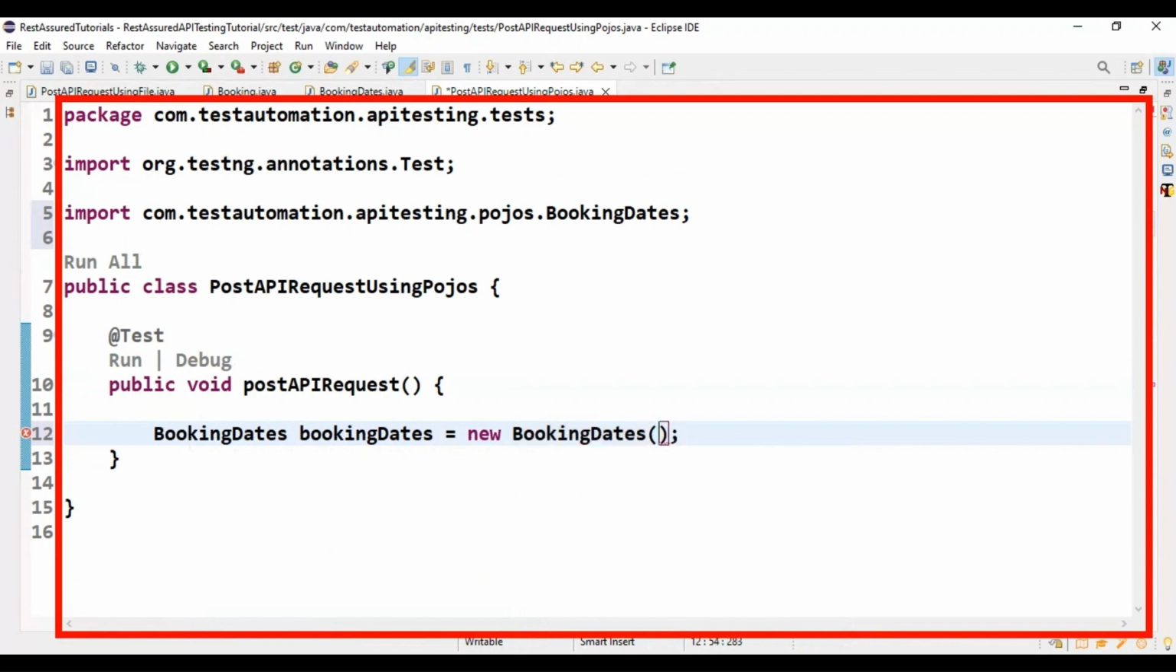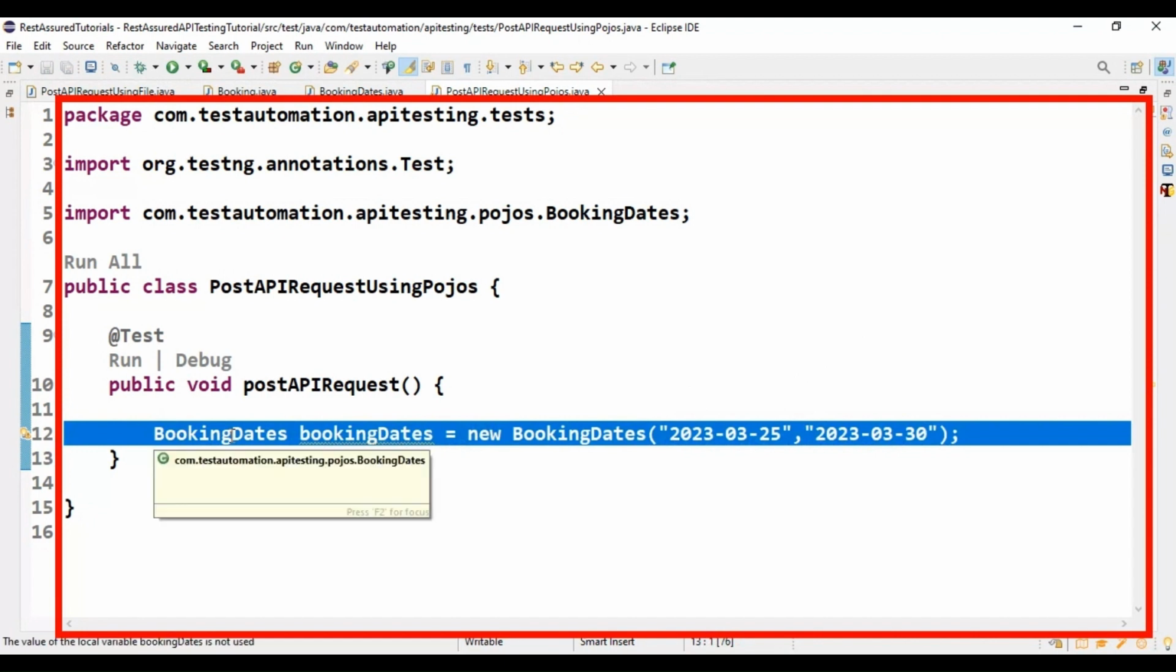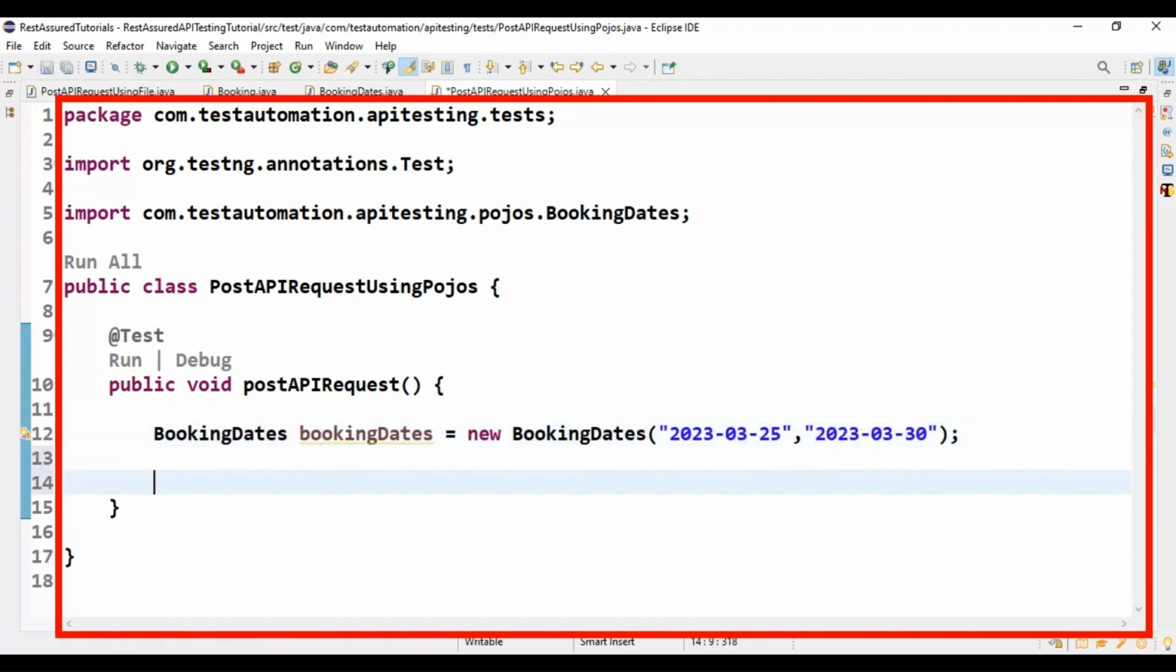So that's it. This particular constructor is accepting two types of argument. One is the check-in date, and the second one is the checkout date, right? So simply I'll specify 2023-03 and I'll pass some date here, followed by that I'll specify the checkout date, 2023 followed by the month, and followed by that I'll specify some date over here. So that's it. Our booking dates Java class object is ready,